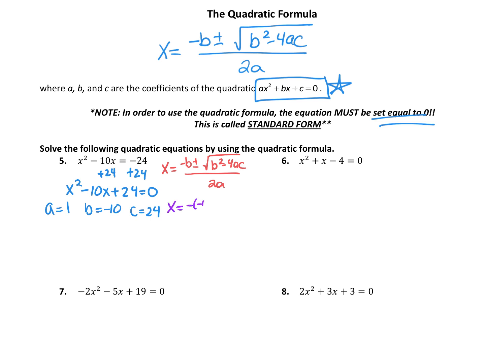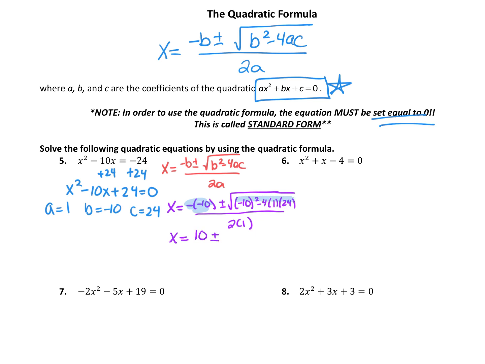So negative 10 plus or minus the square root of negative 10 squared minus 4 times 1 times 24 all over 2 times 1. So again, first I'm going to simplify this negative 10 in front